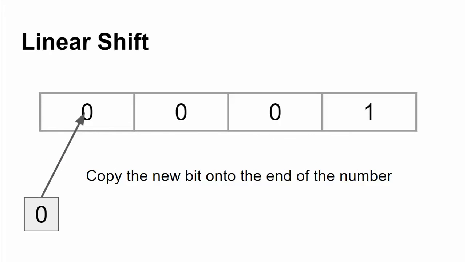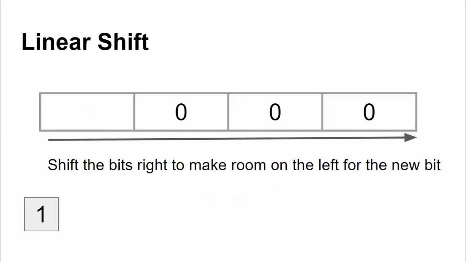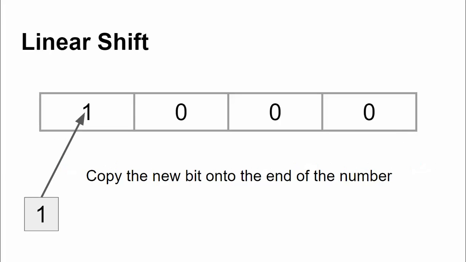And then let's do it one more time for good measure. I'm going to pull out my taps, and we're going to get a different result this time because now you understand XOR and you're like, oh, I see where this is going. So my taps are a 0 and a 1. I XOR those together. I get a 1, and that's my new bit. Now I do my shift, and I take my temporary value, the result of XORing the taps, and I stick it in on the left there. And now I've generated a new number.